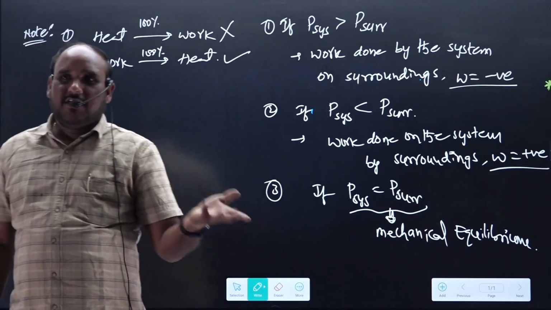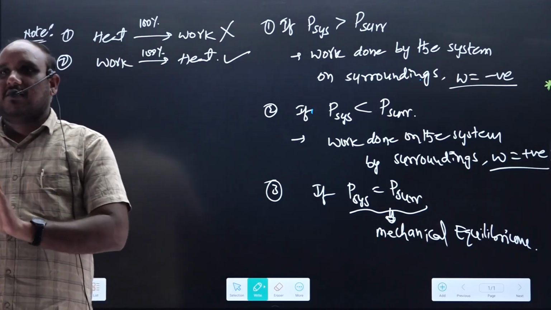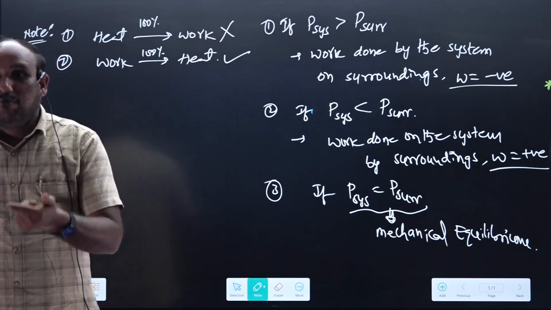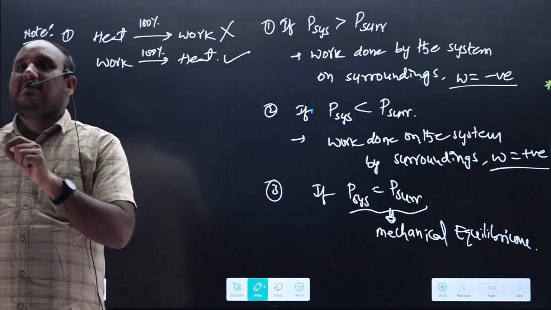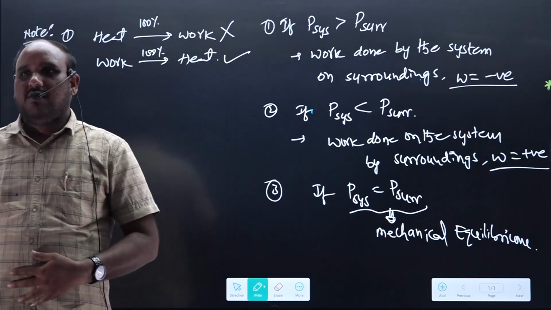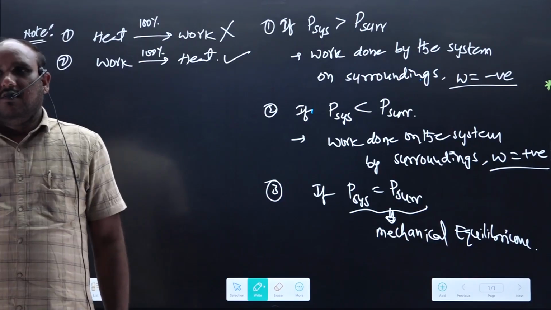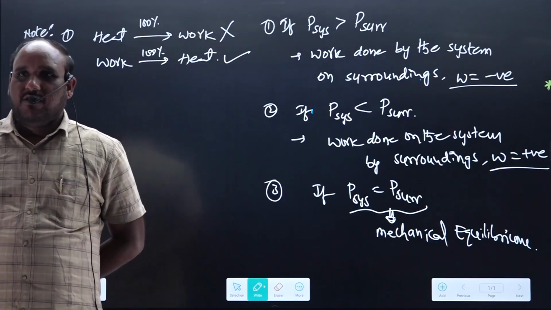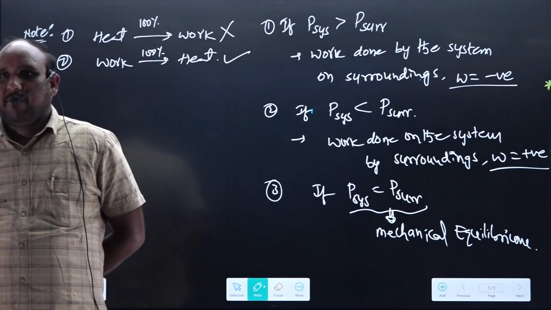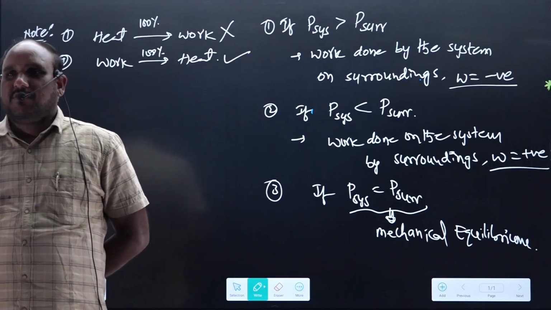Some heat will be converted to work, some work will be converted to heat. Whenever we do work, it can be completely converted into heat, but heat cannot be completely converted into work. A simple example: you charge your mobile, in the morning 100% will be there. So at the time of evening,